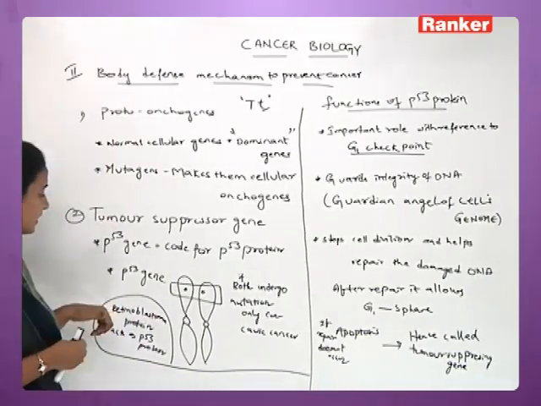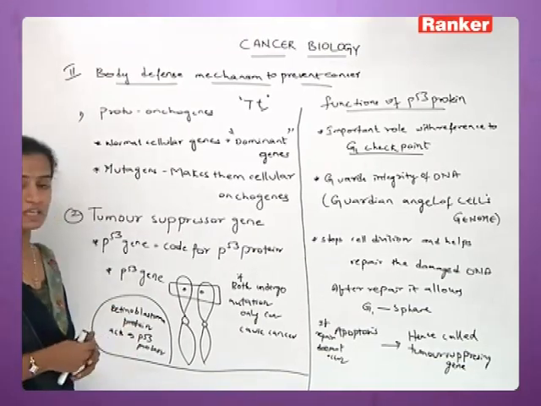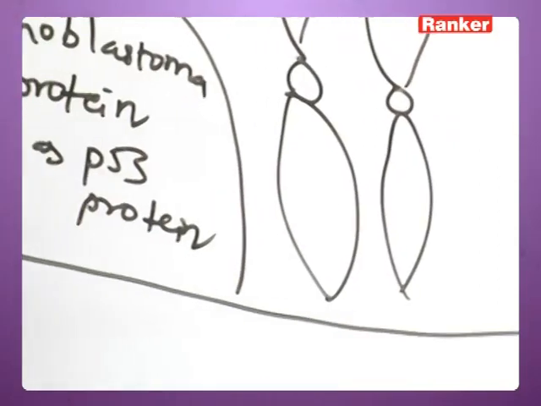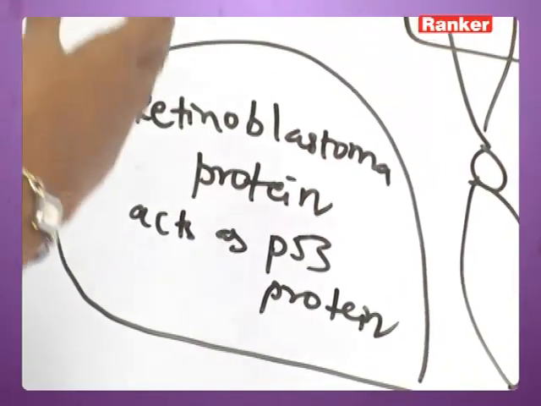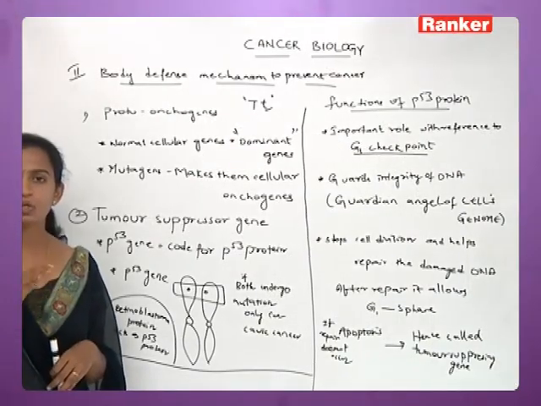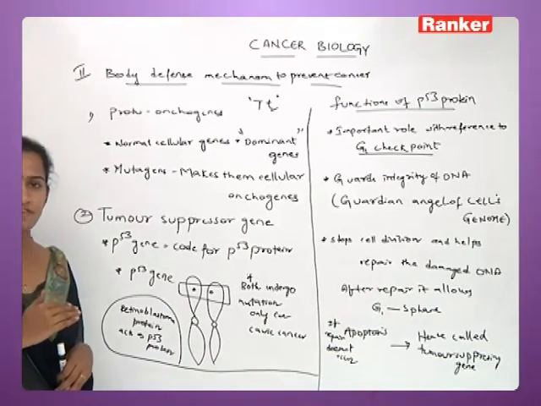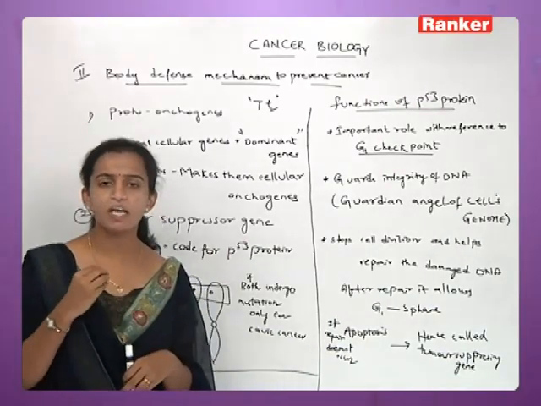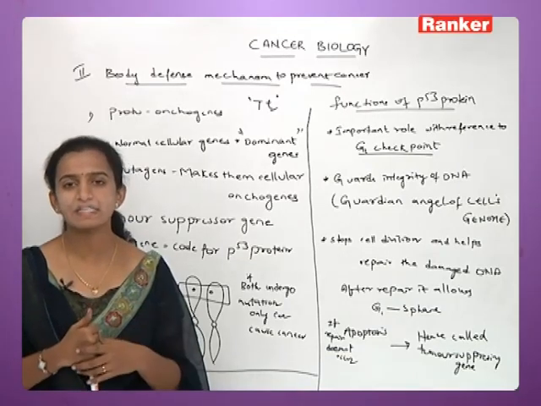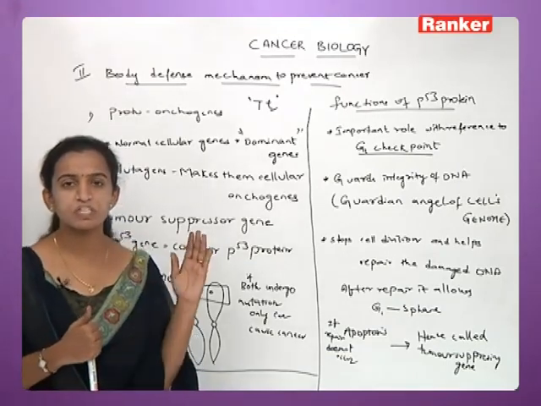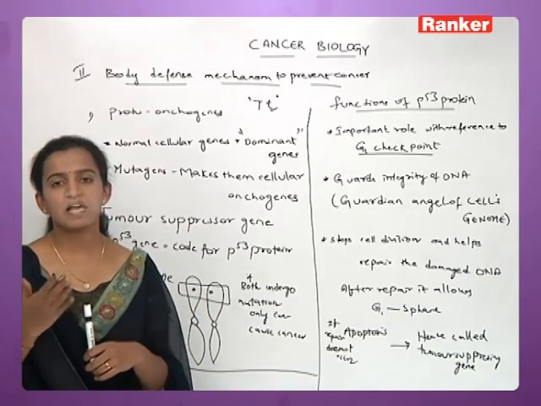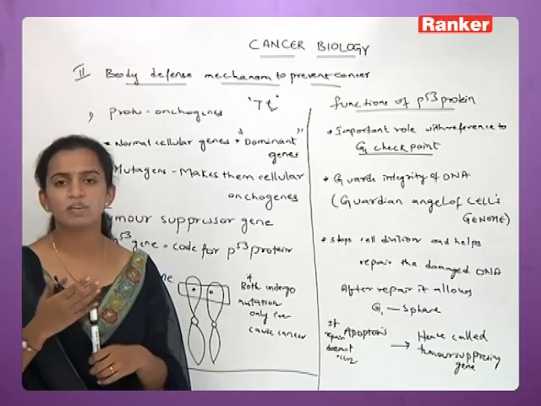So here you can see retinoblastoma protein. There is retinoblastoma protein present in our body. There is another protein or another gene called retinoblastoma protein. Now what it is doing is that it is also equal to the function of P53. That means this is also acting as a checkpoint itself. So these two together help normal cells to be prevented from the cancer, to prevent them from becoming a cancer cell.